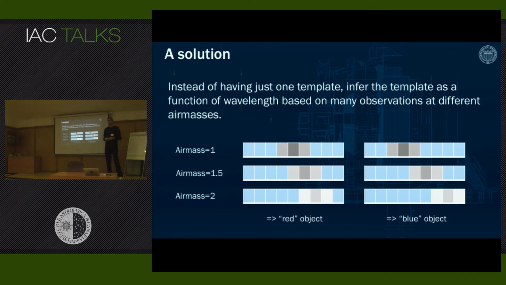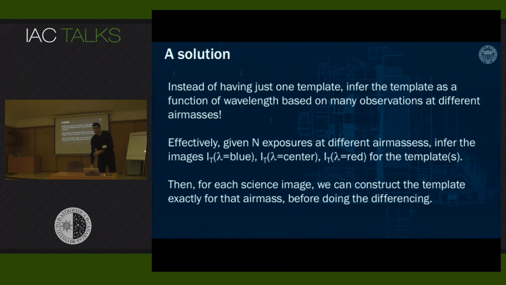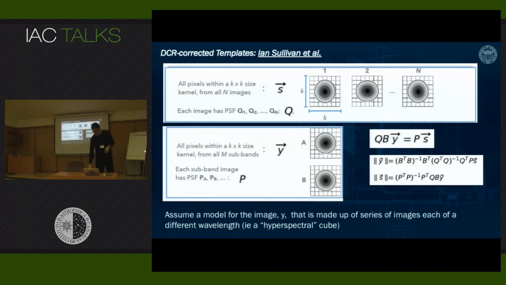So the idea here is I go and observe at various elevations, and I look at how the objects get shifted at those elevations. And from there, I basically infer what the color of the object is, because the blue ones shift more this way than the red ones. And the fun thing is that it works. Once you do that, you basically have not one template image, but multiple template images within the band pass. This is the scary math. And all those dipoles go away, all the dipoles that are being caused by differential